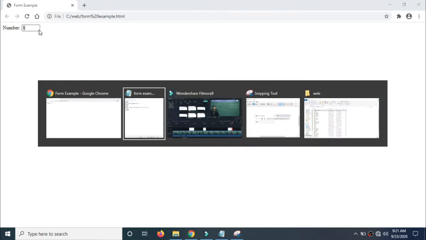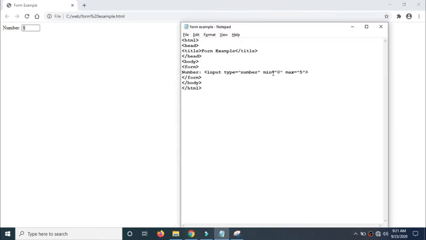That means even if I click on the down button, that value is not decreased. What about the upward button? Up to 5 it will be increased. After that you couldn't increase that value. Why? Because here I have given minimum 0 and maximum 5.